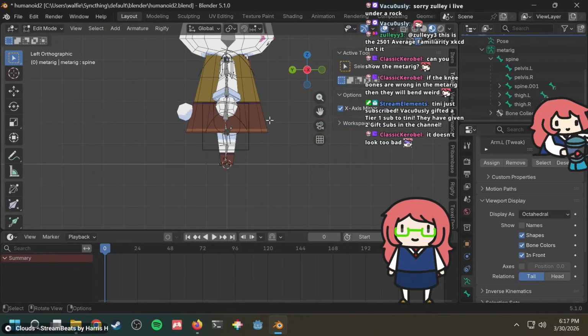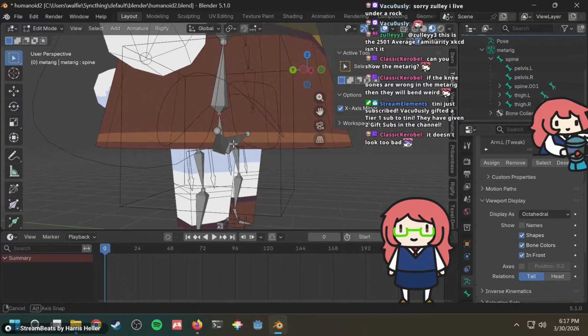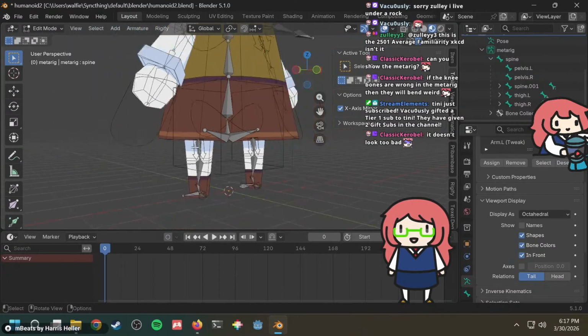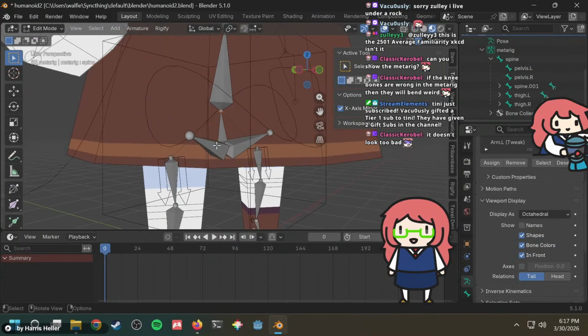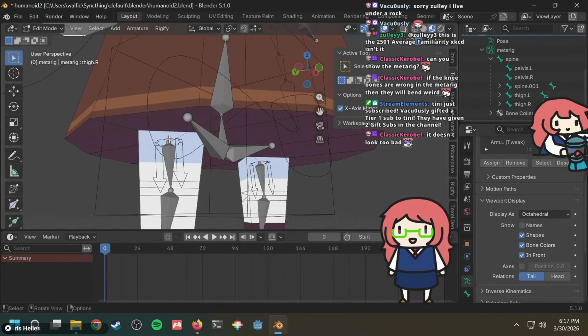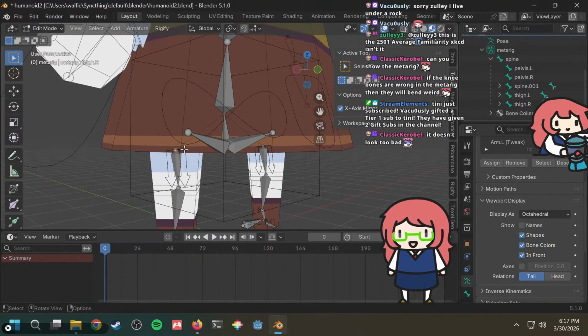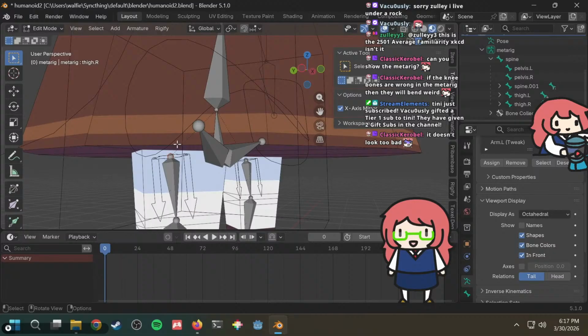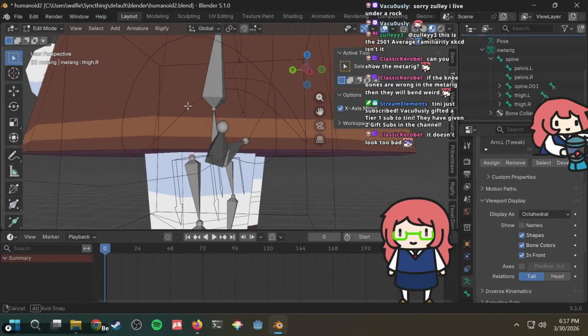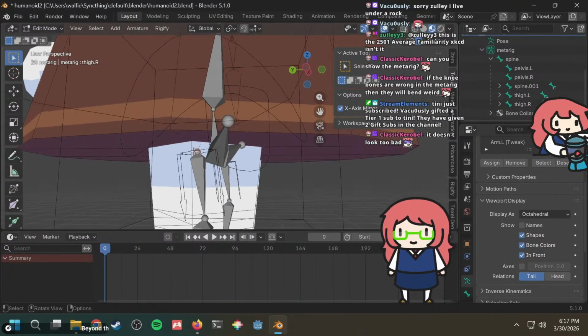It doesn't look too bad. But then why is the leg doing that? What if this bone needs to be higher up? Because it's bending about here, whereas really the leg should start a bit above that.